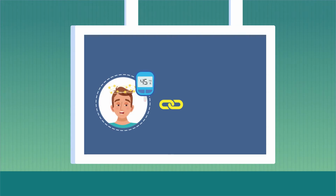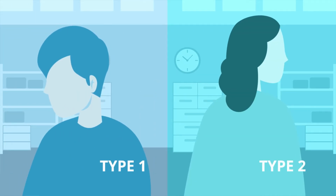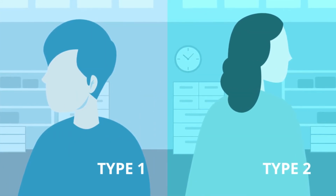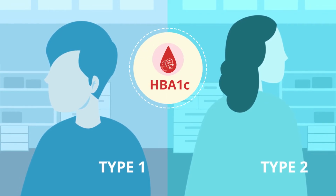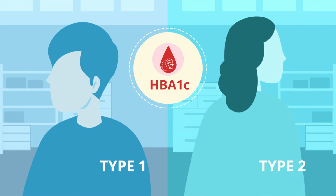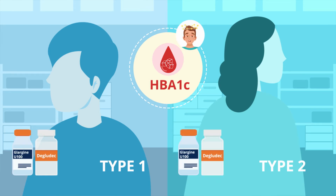The association between the risk of hypoglycemia and HbA1c levels was investigated. Data for type 1 and type 2 diabetes patients were analyzed separately. As expected, we found that increased glycemic control was associated with increased incidence of hypoglycemia for both basal insulins across